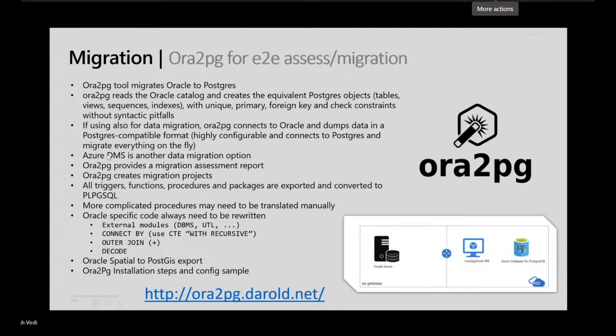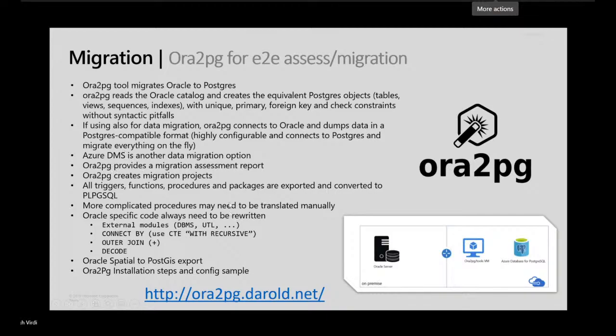Other than that, Azure DMS is another data migration option, but right now Azure DMS only supports the migration of table schema and not the programming objects like functions or views and all that, right? So you have to keep this in mind.